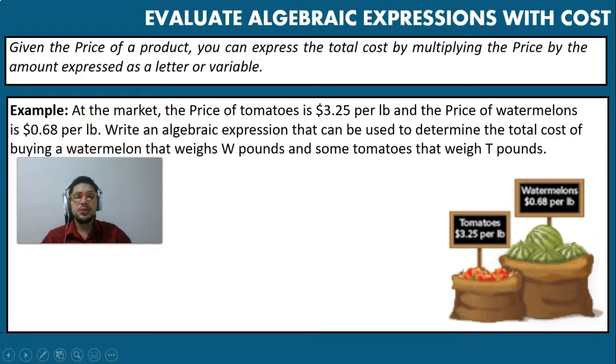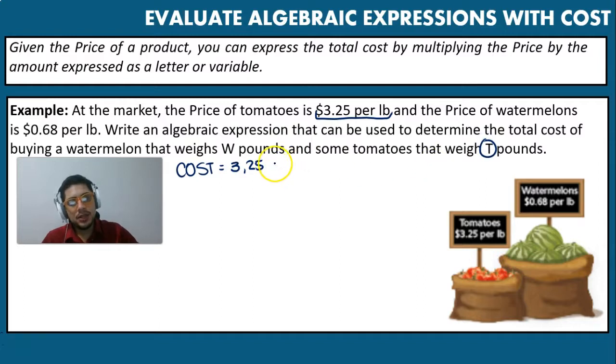Okay, guys. So the cost is going to be the cost of each individual thing that you're going to buy multiplied by the amount that you're going to buy. So tomatoes is $3.25 per pound. So it's $3.25. And how many pounds do I buy? I buy T amount of pounds. So it's going to be 3.25 T